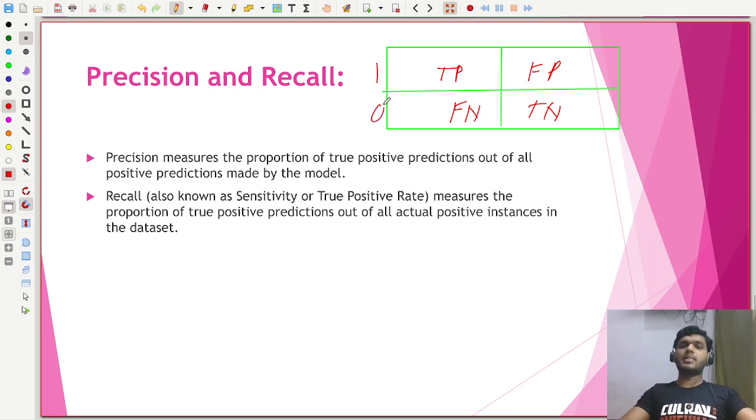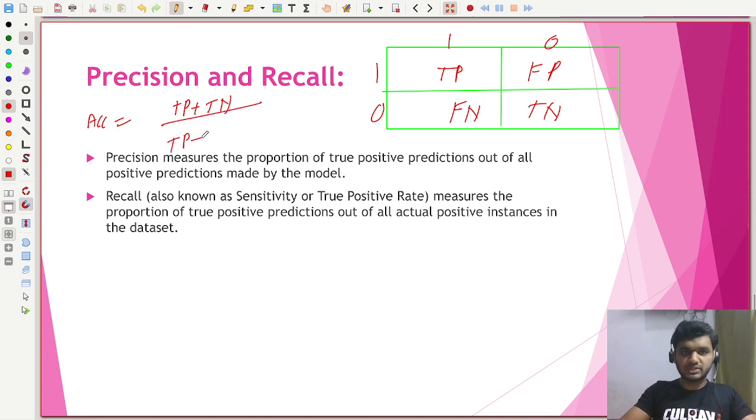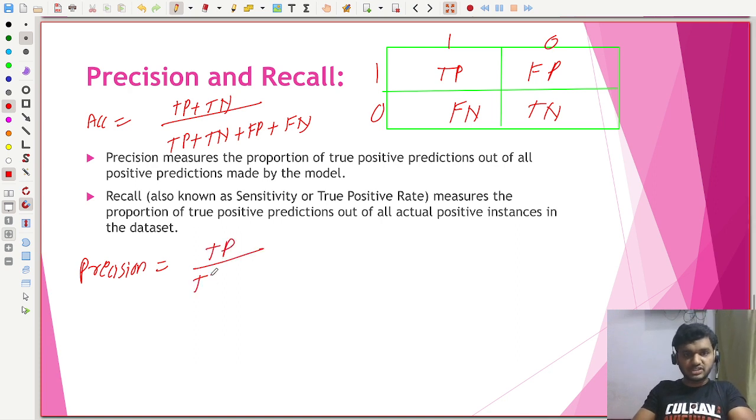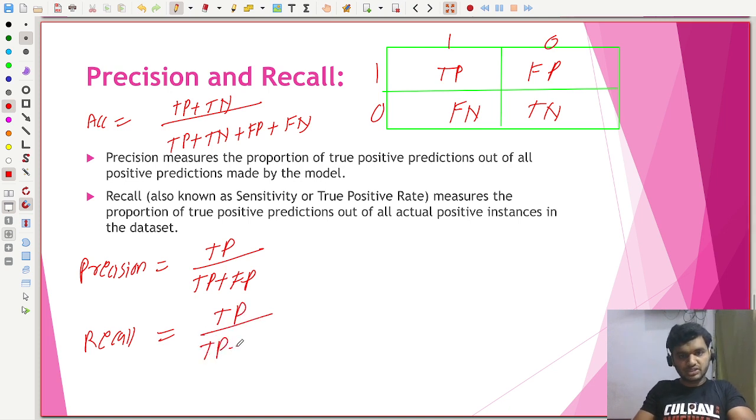That is 1 0 and 1 0. In accuracy, the formula is true positive plus true negative, whole divided by total, that is true positive plus true negative plus false positive and false negative. But in precision, the formula is true positive by true positive plus false positive. For recall, the formula is true positive divided by true positive plus false negative,